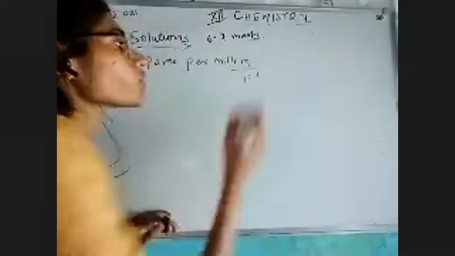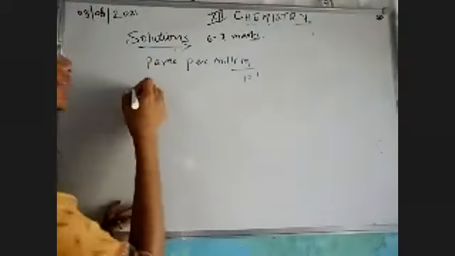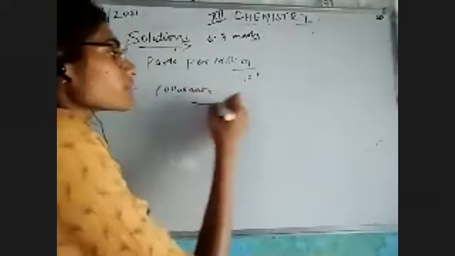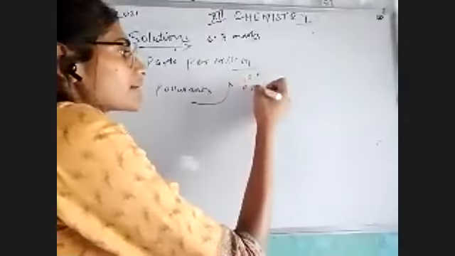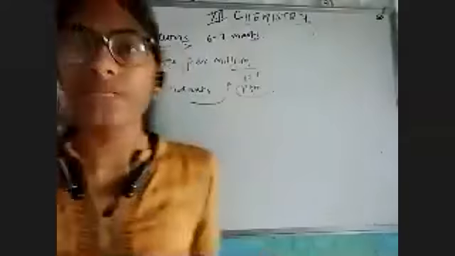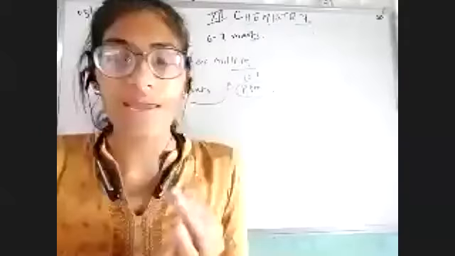So if we need to check the quantity of pollutants, this can be expressed only in parts per million. Pollutants which have been suspended in our environment are of such a small quantity that we can express them only in the form of parts per million. Clear? So this is also an example or a point which is very important for you.